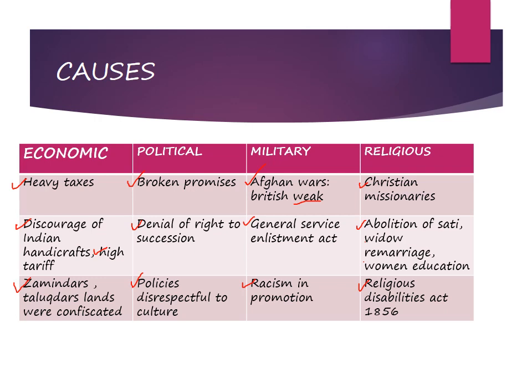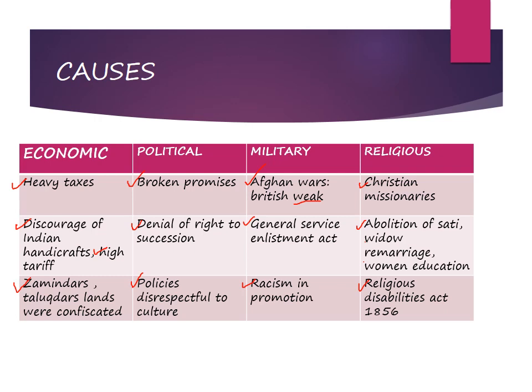Under economic, we have heavy taxes. Peasants took loans from moneylanders at exorbitant rates. Moneylanders evicted them because of non payment, thus becoming the new landlords. The British discouraged Indian handicrafts and promoted British goods, so the Indian craftsman had to search for alternate employment. There were high tariff duties imposed on Indian made goods. Zamindars' and talukdars' lands were confiscated.